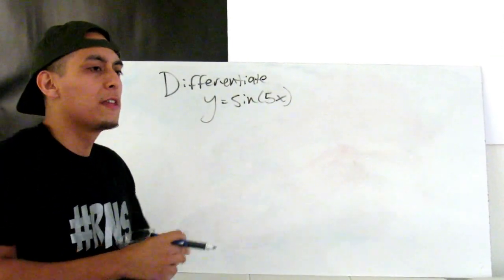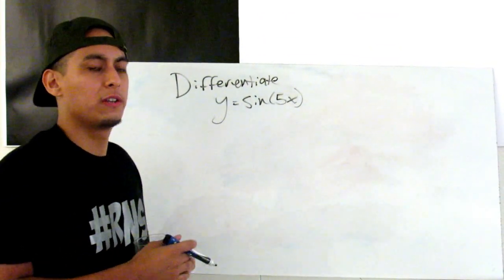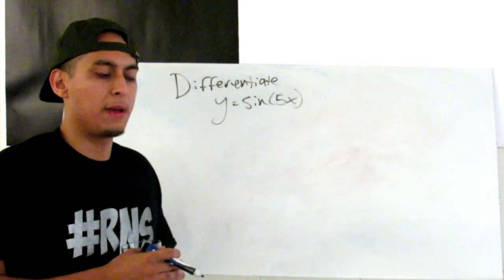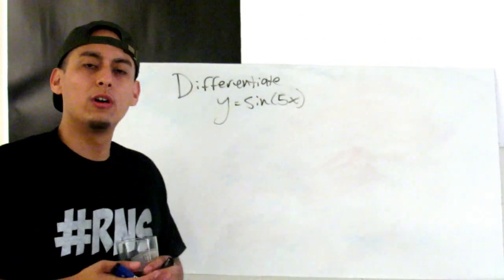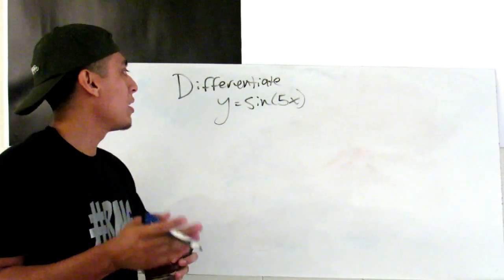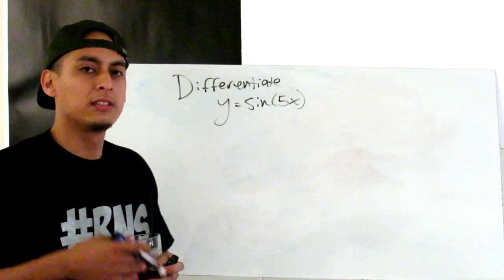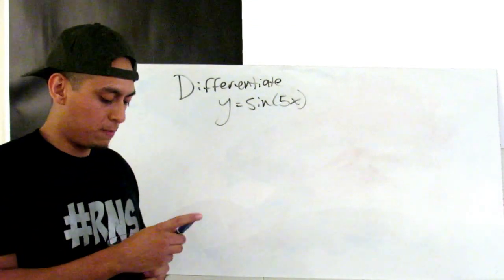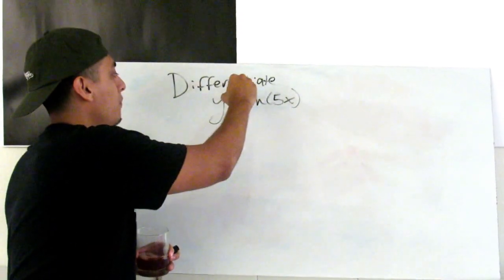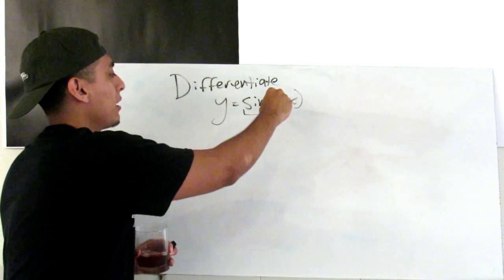Alright, so this problem is like early calculus, where they teach you about integrals and derivatives. Calculus is super important if you want to start moving up in your math classes. You know, Calc 1, Calc 2, Calc 3, and so forth. In this question, they ask you to find the derivative of sine of 5x. In this specific question, you're going to have to do this in 2 sections. You're going to break it down, the derivative of sine first, and then the derivative